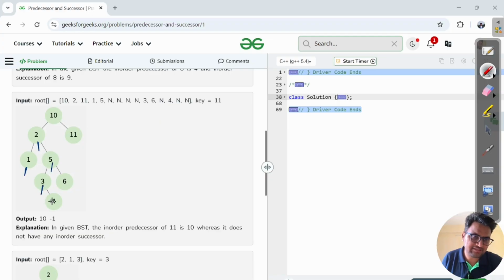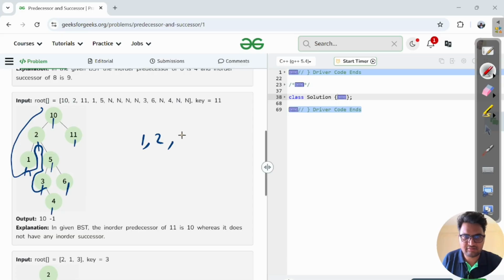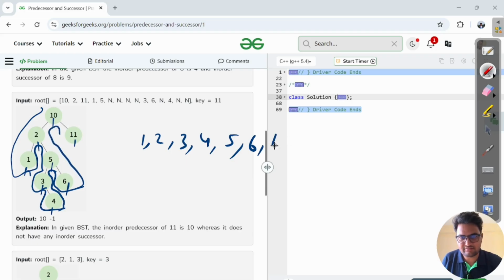Let's draw these lines here, and then we will traverse the tree from the top. We will start from here because we are talking about in order. So we encountered 1, correct? Then we will go up, and here we encountered 2. We will go down, 3. Then we will go down, then 4. We will not cross any edge or connection, and we traverse each and every node. So we will go up, and here we encountered 5. Then we will go down, and here this is 6, and then we will go up straight, and this is 10, and then one more node, this is 11, and then we